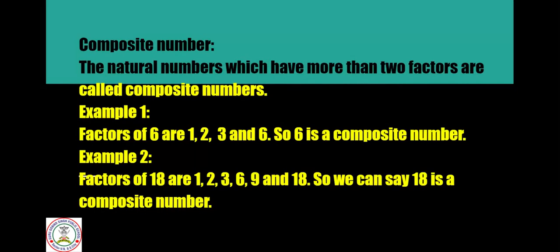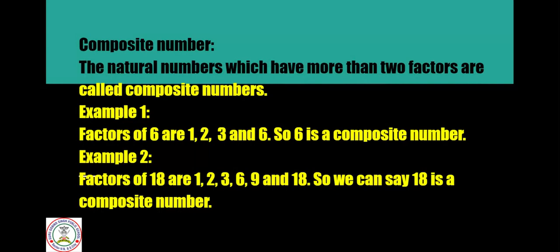Composite number. The natural numbers which have more than two factors are called composite numbers. First example: factors of 6 are 1, 2, 3 and 6. So 6 is a composite number. Next example: